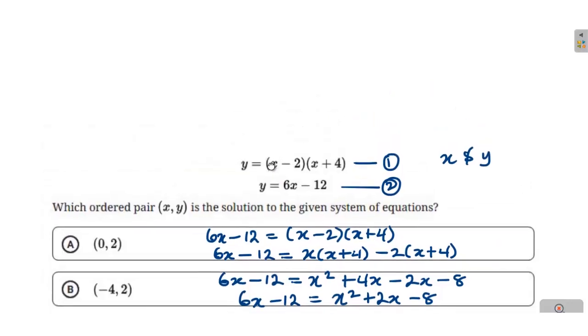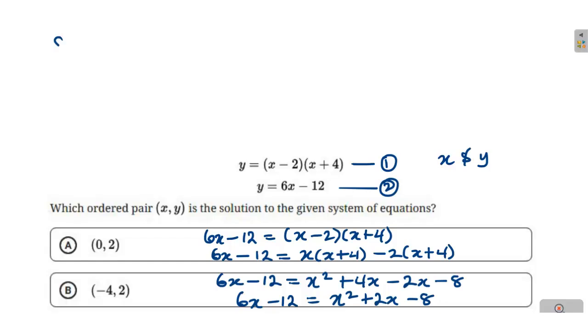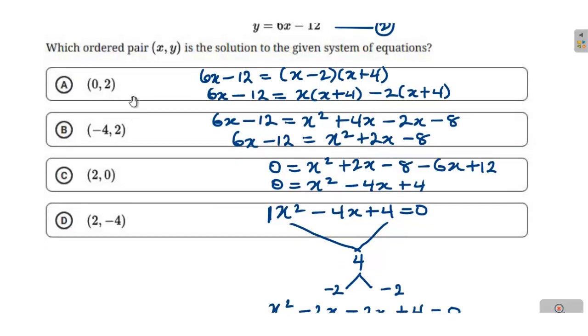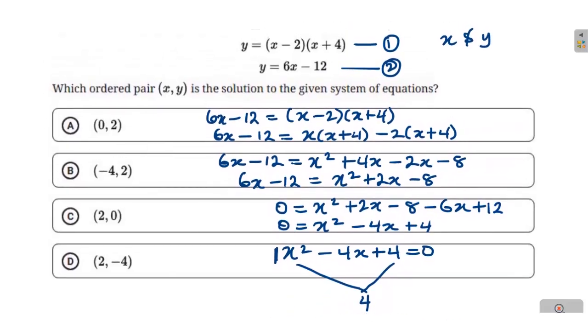So let me use the upper part. Since x is equal to 2, we can say that y is equal to 6 into bracket 2 minus 12. So 6 times 2, that is 12, minus 12. That gives us 0. So that means that when x is equal to 2, y is equal to 0. So the other pair is (x, y) equal to (2, 0). So the correct answer to this problem is (2, 0), which is